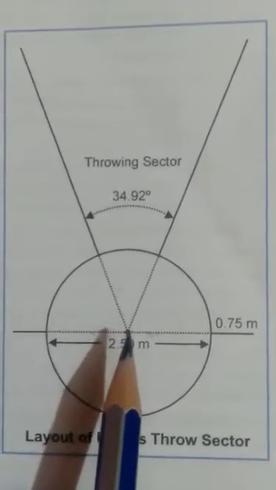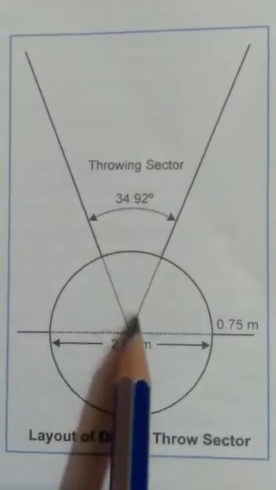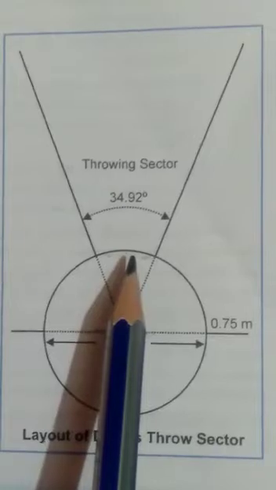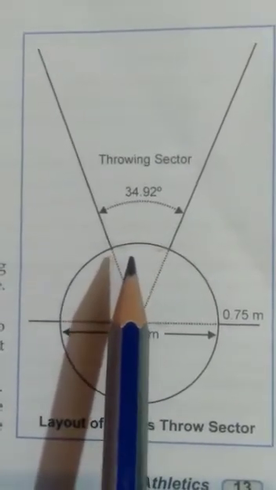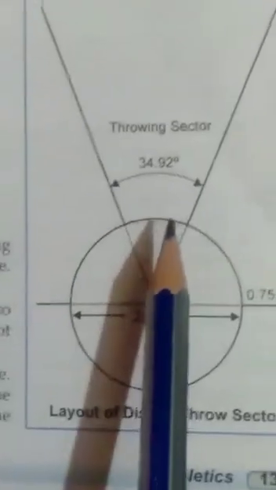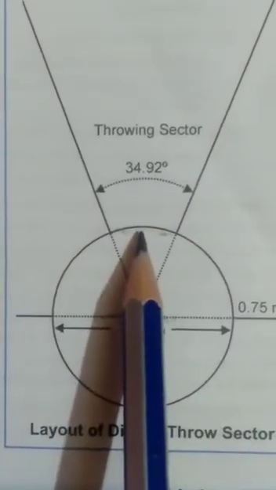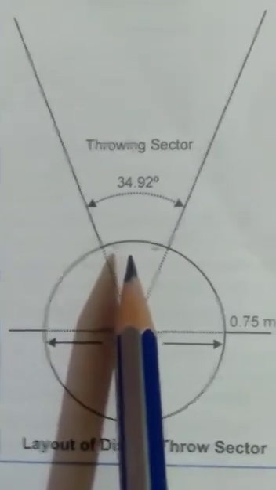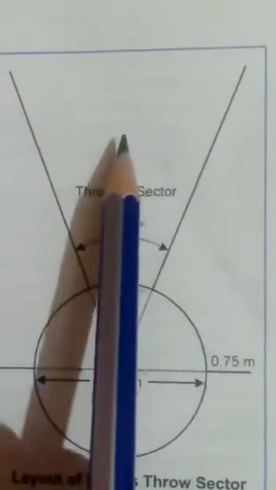Then the discus is thrown with full force. Here with this position the thrower will come to this line. This is the ending line of the sector. At the same moment the right foot comes near the edge of the rim. Here this is the edge of the rim, and the thrower will take full force and throw the discus to the throwing sector area.